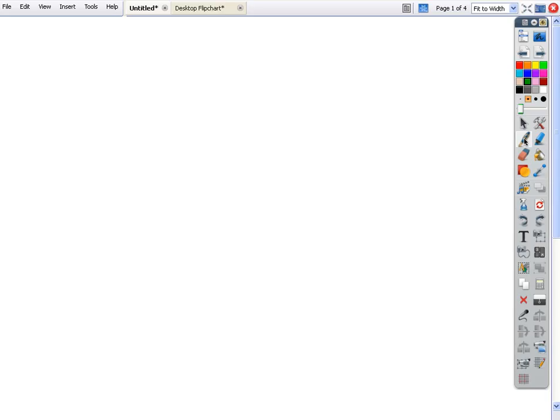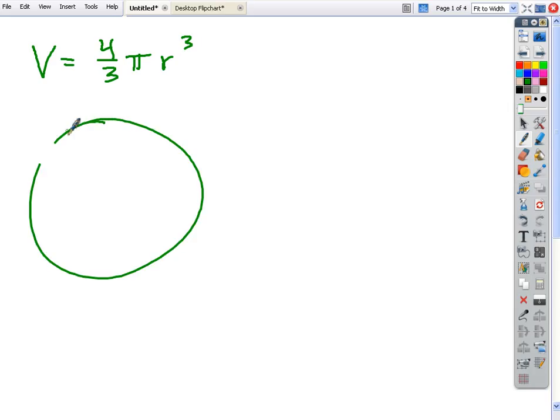All right, there were some questions on 6.1. Some stuff like this, where you were given a geometric formula, in this case for the volume of a sphere, and then you were asked to rewrite,